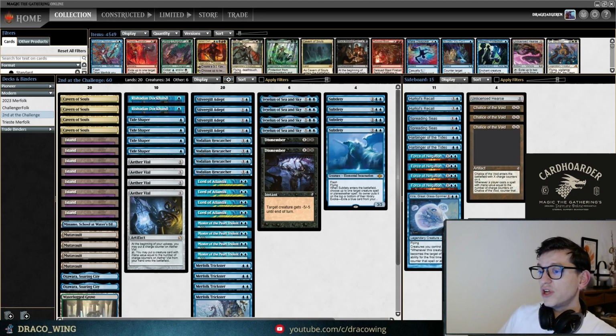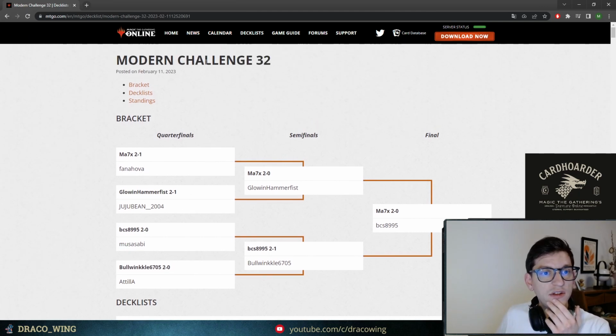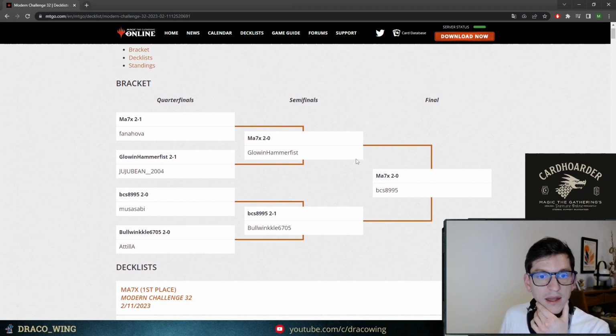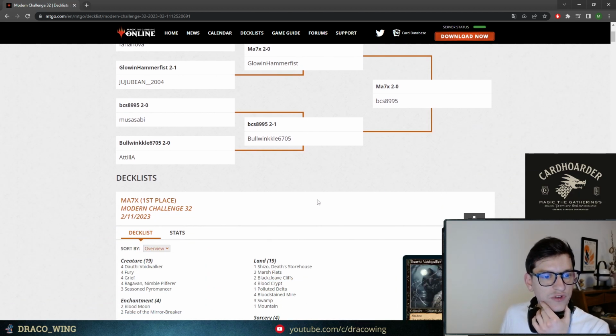And let's get into talking about the list we saw here. This is actually the specific list that was playing. And here you can see the Modern Challenge, February 11th, so roughly a week ago. And we have the good guy here, PCS, going 2-0, 2-1, and then losing in the final 2-0, unfortunately, against